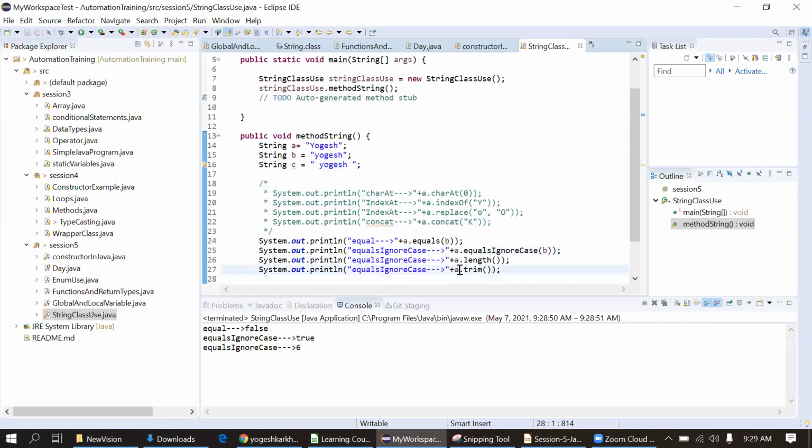Okay, now this is a trim. I will just show you the difference without trim and with trim. So that's what I did. I will just print this C. Okay, I will just comment out the above code.